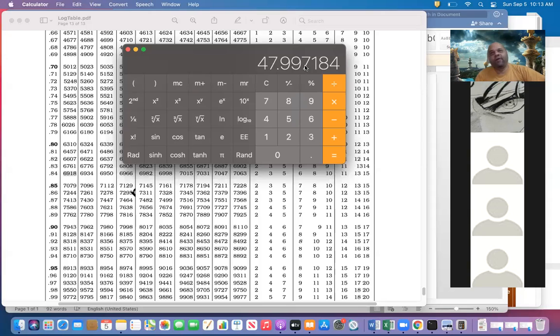And just as for square roots we divided the log by 2, for cube roots, what is it? We will divide by what? We will divide the log by 3 and we will get the cube roots. Okay. If we divide the log by 4, we get the fourth roots.